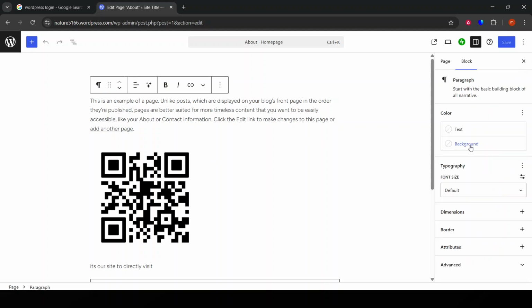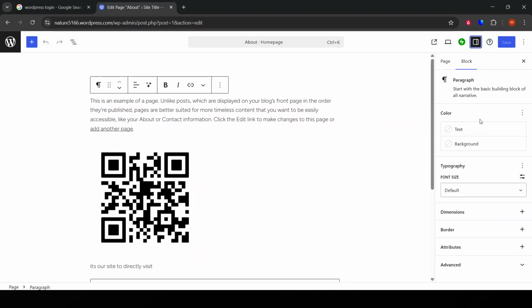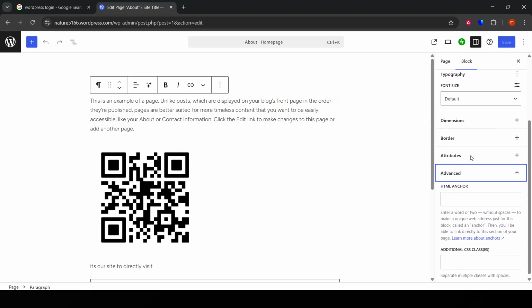Now, here's the key part: look for the Block tab on the right-hand side of your editor. If you don't see it, click on the gear icon or Settings to bring up this sidebar. With the Block tab selected, you should see an option labeled Drop Cap. Simply toggle this option to On, and like magic, the first letter of your paragraph will transform into a drop